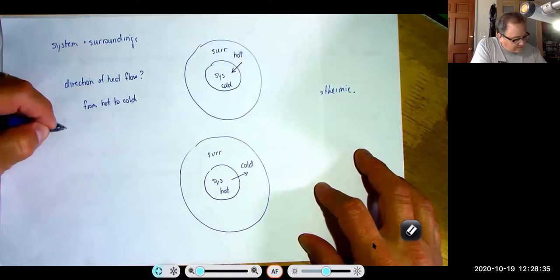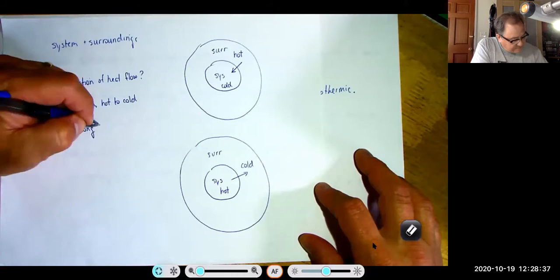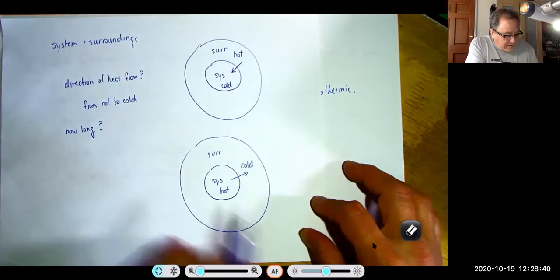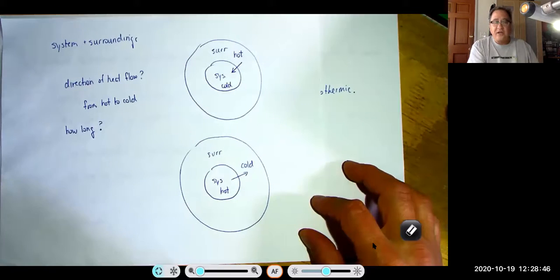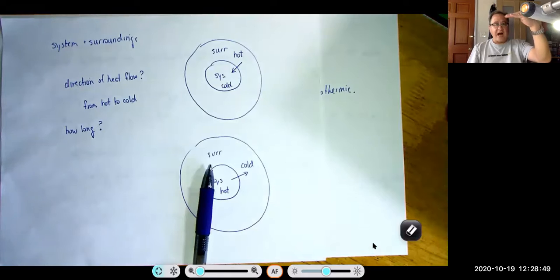How long? So how long will this hot flow into this cold? So here's the deal. This hand here is hot. This hand here is cold. So if heat is flowing from the hot into the cold, what happens to the temperature of the cold as it gains energy? It rises. But what happens to the hot as it loses energy or gives away energy? It lowers. So here the temperature of the cold gets hotter, the temperature of the hot gets colder,